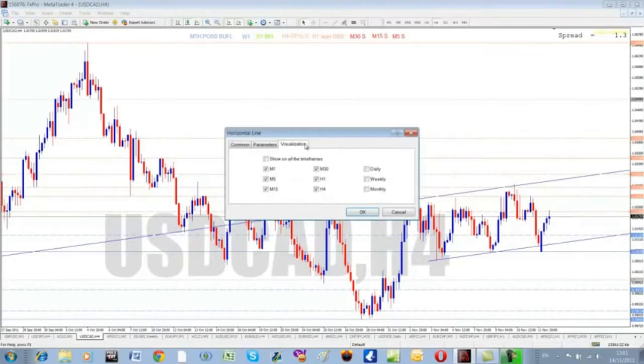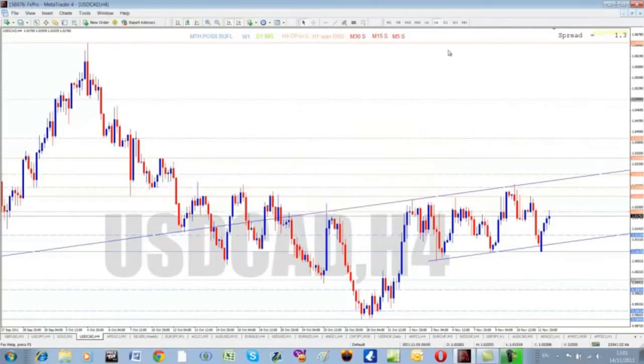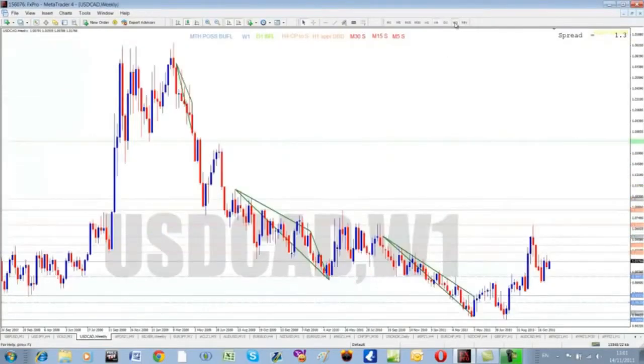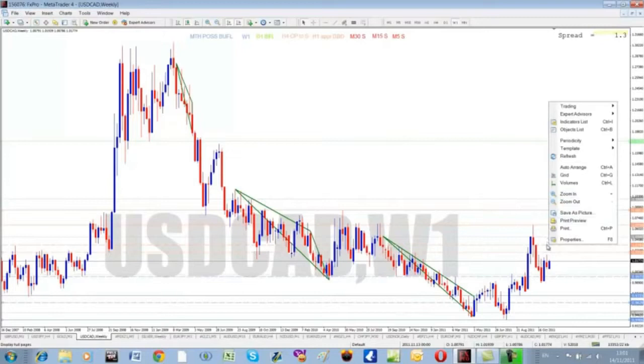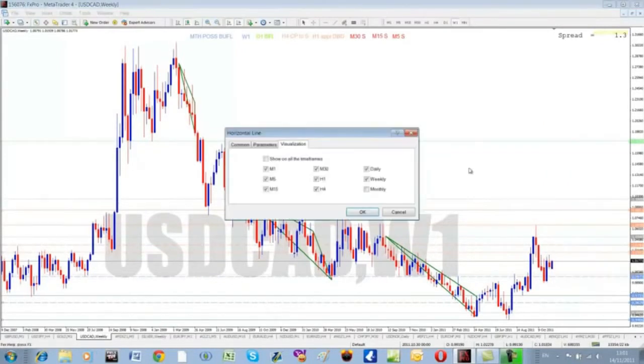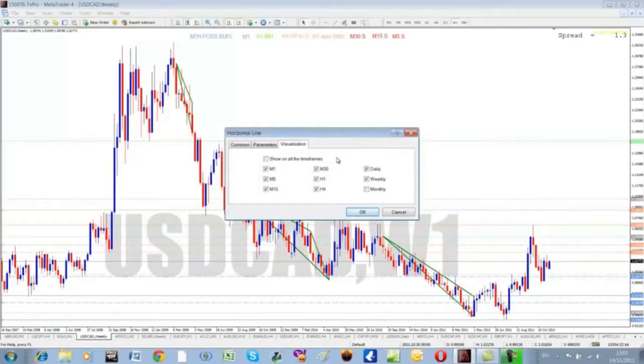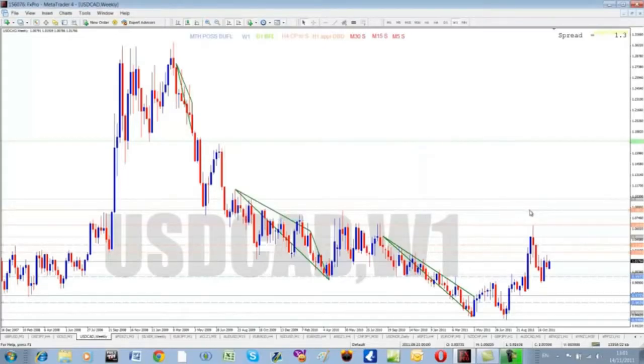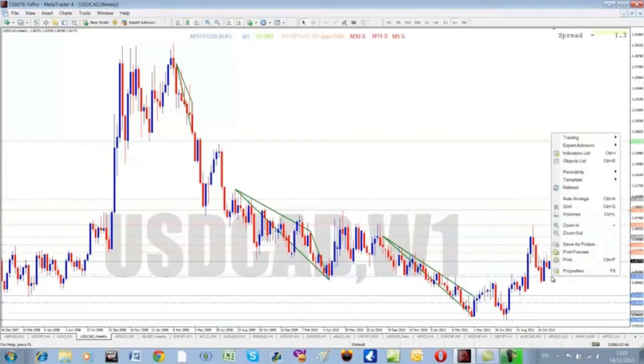In the properties on this one, the visualization. Oh, we're on H4, I'm so sorry. Right, we're in weekly. Now, here's our weekly supply. We want to make sure that this is in every time frame except the time frame above it. So it's in up to weekly, it's not in monthly, but it's in every other time frame. The same with the top of weekly supply, the same with weekly demand as well. There's W1 space D, and it is in